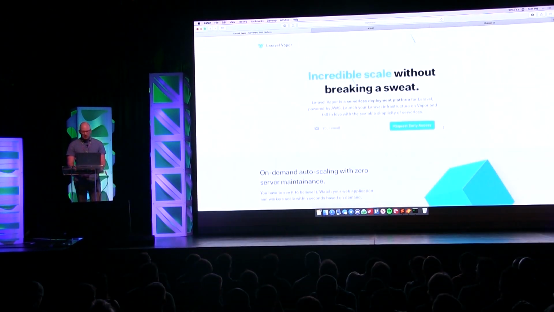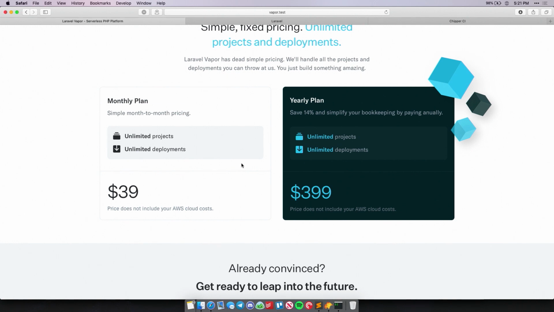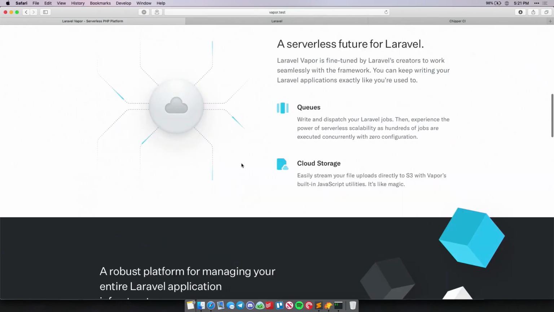We'll probably be shipping this out in a few weeks for everyone to use. For right now, after this talk, I'll ship this page out to be live in production at vapor.laravel.build. You can get your name on an early access list so we can get some more beta testers in there. The pricing will be really simple. It's the same price as the business tier of Forge, one monthly price, unlimited projects, unlimited deployments, unlimited team members. So I think you'll really like it.